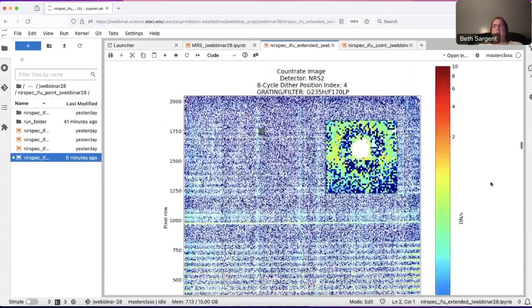Here is an example looking at NRS2 for G235H, where we're showing the effects of a snowball. So here we're zooming on a different slice, and you can see that in the inset, it has a bullseye pattern. There's this core that's high valued, and then it goes down outside the core, and then it comes up again for an annulus outside of the core, and then tapers off outside of that. So the cosmic ray strike would have happened in the core, and so it would have